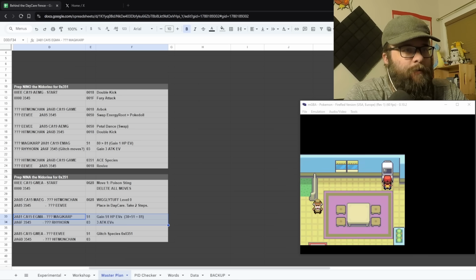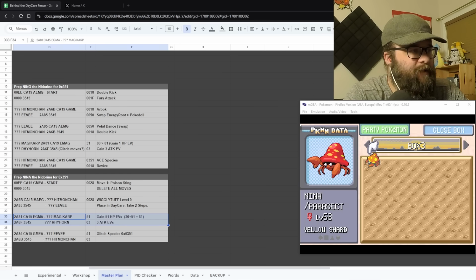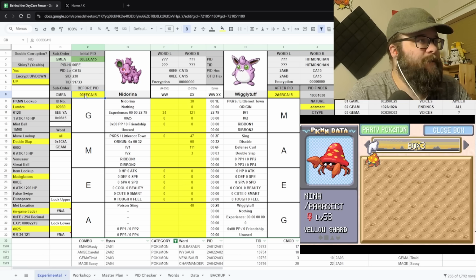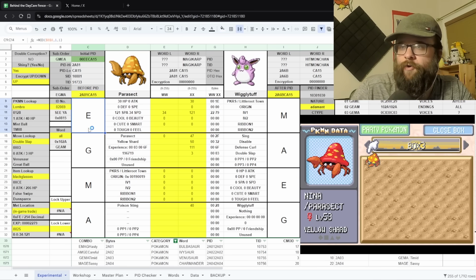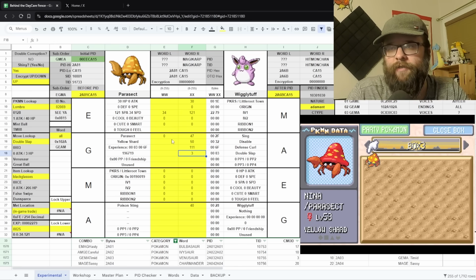And then we can back out, go into the boxes and check, and we should have a Parasect. Yes, a Parasect holding a yellow shard. So why is this? Oh, well, it's time to go back to the spreadsheet. So the PID that we changed to was 2A81CA15. So we can go back. So instead of 00EE, now it's 2A81CA15. And look at that. The substructure order has changed once again. We are now EGMA. And so those moves that we learned, Sing, Disable, Defense Curl, Double Slap, have turned into